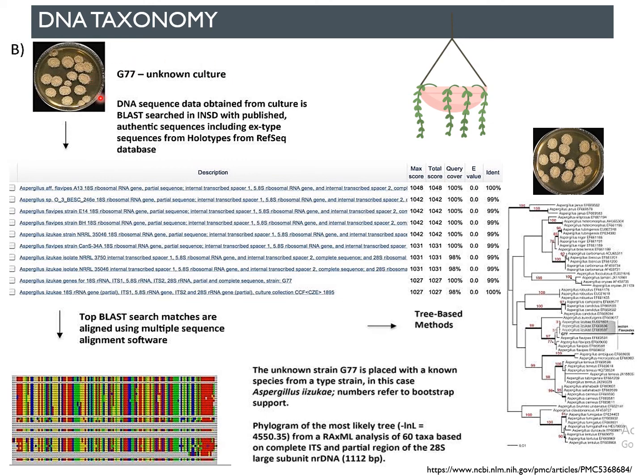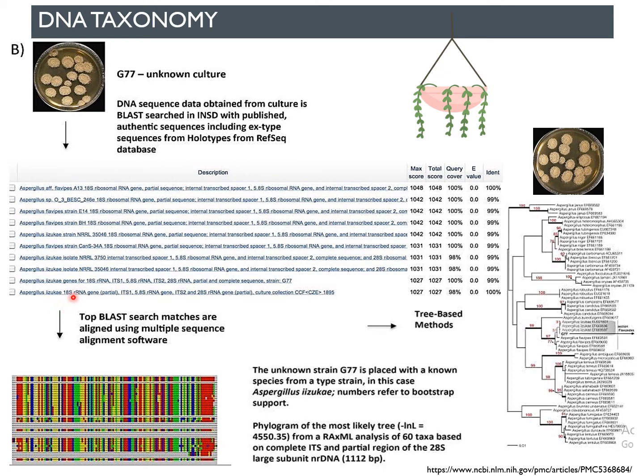After you get the sequence information, you will need to do the BLAST search in the INSD, which has published and authentic sequences, including the ex-type sequences from holotypes, and the RefSeq database. After you BLAST, you will get a result like this, which is similar to the first example. In this case, they are showing mostly the genus